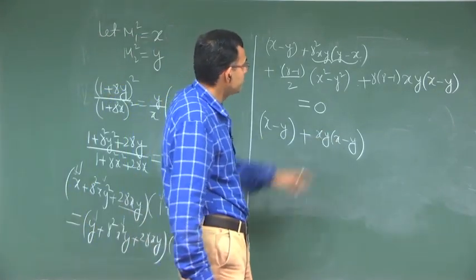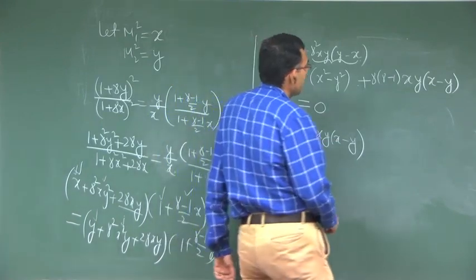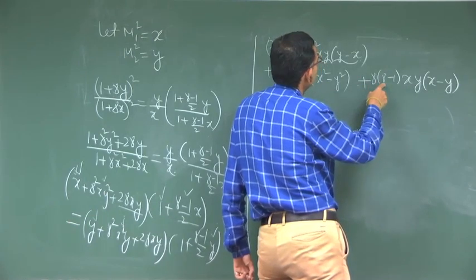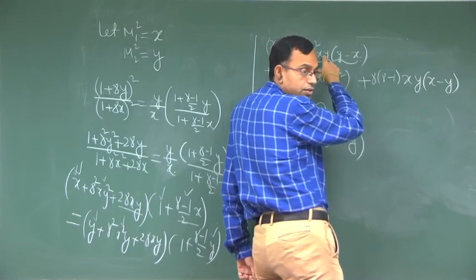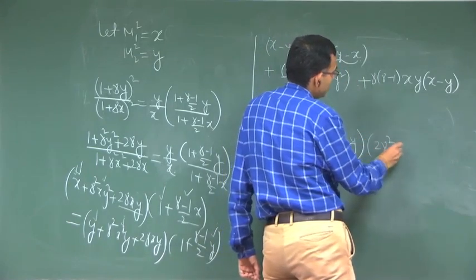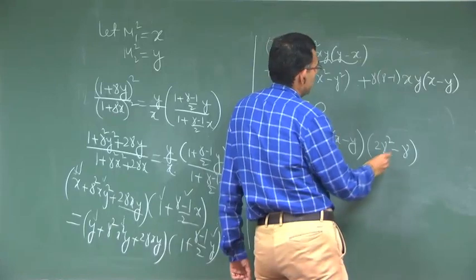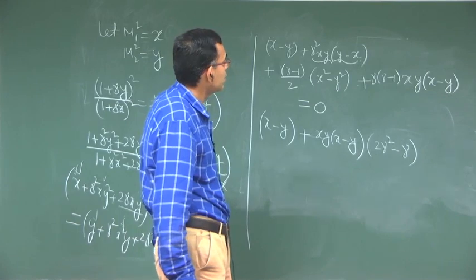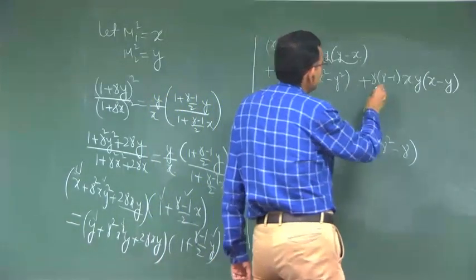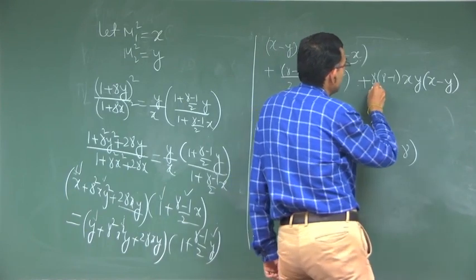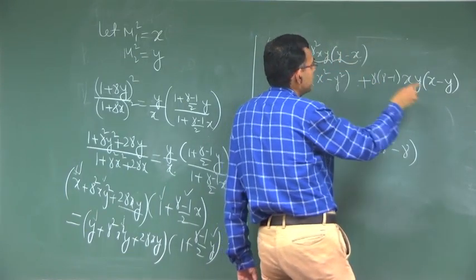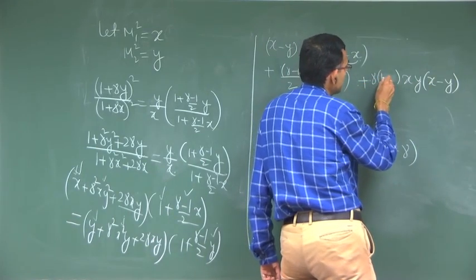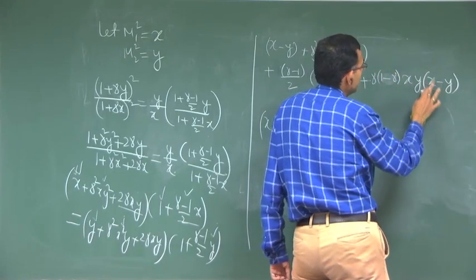x y into (x minus y), gamma square, and then this is another plus gamma square. So 2 gamma square minus, yes, gamma square minus gamma, that will have a minus because it is y minus x. No, that is all right. So on this side you have y minus x, if you make it y minus x, this will be 1 minus gamma into (y minus x).